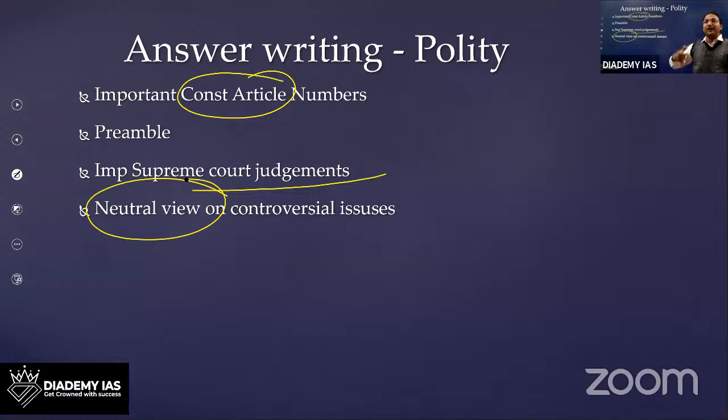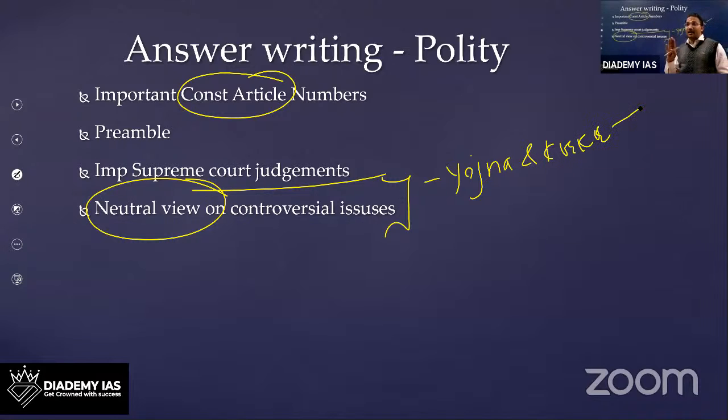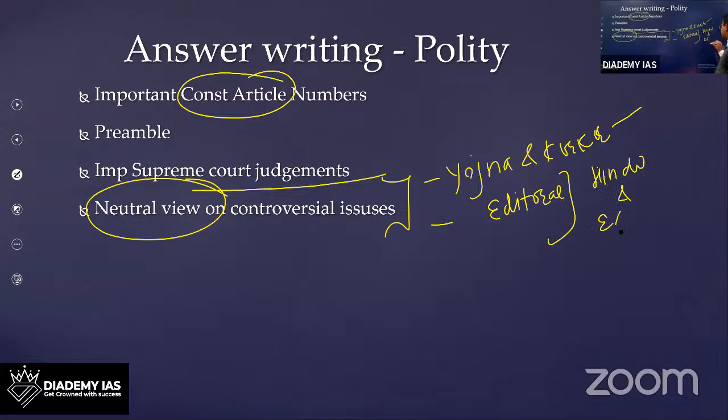Now from where to bring this neutral view? ये neutral view कहां से लाया जाएगा? इसके लिए you can go for the Yojana and Kurukshetra. Yojana Kurukshetra में there are certain articles which you can refer, not every article, certain articles. You can see what kind of language they are using, how diplomatic, using very sophisticated language, which is very much appreciable. Similarly, there are various editorials which come in the Hindu and the Indian Express. Hindu या Indian Express में आती हैं, तो you should also use these